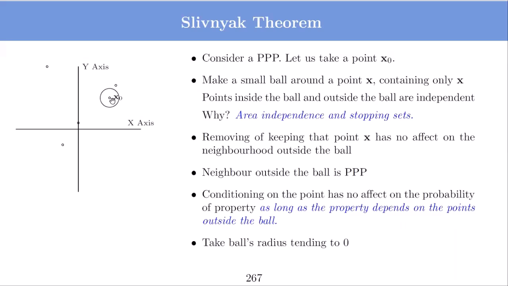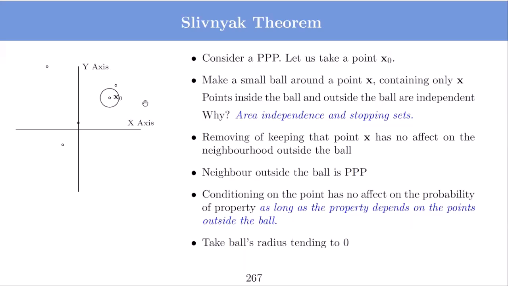Because the point process in this ball and outside the ball are independent, whatever I do inside the ball does not affect anything outside. So I can remove any point in this ball, I can remove x naught basically, and it will not affect the distribution outside. Or I can have a point here and it still does not affect the outside. So conditioning on this point has no effect on the probability of the property as long as the property